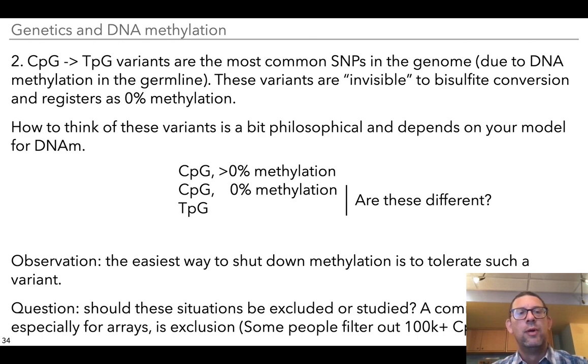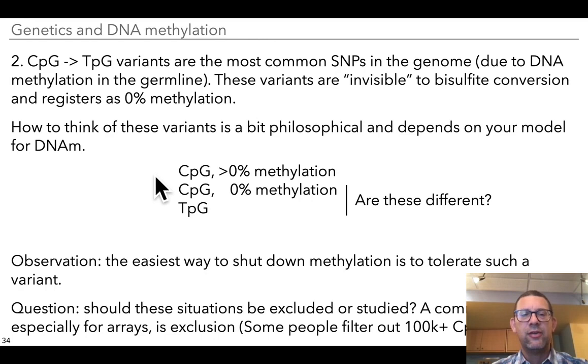Situation number 2 is the fact that CpG to TpG variants are the most common SNPs in the genome due to the mutational pressure of DNA methylation in the germline. These variants are invisible to bisulfite conversion, and they register as 0% methylation because a TpG is evidence for a lack of methylation. How you want to think of these variants is a bit philosophical,